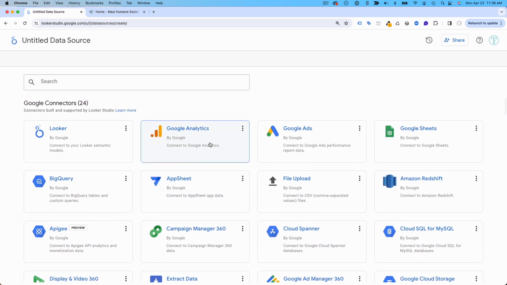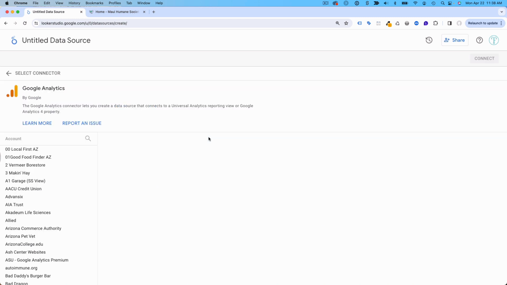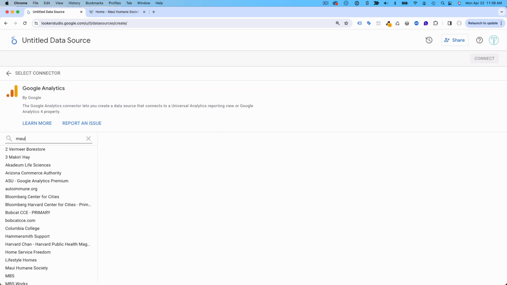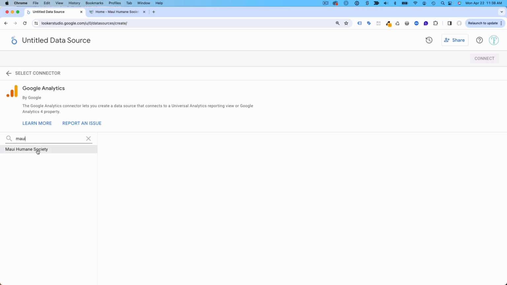Okay, so let's find Google Analytics. There it is right there, and we're going to look for our Maui Humane Society account. There it is. So we'll find our account and we'll select our GA4. There's our old Universal Analytics, so it's still alive in April of 2024. And GA4 is right here, so we'll connect this. Before we hit connect, let's give it a good name, because if we've got a number of different data sources, we need to keep them kind of separate. So we'll call it GA4,